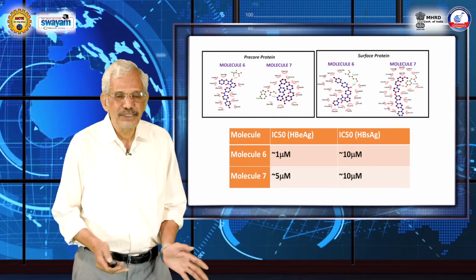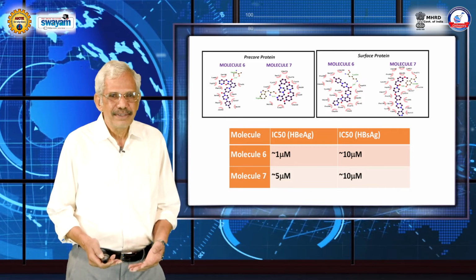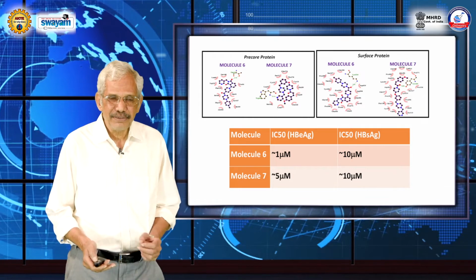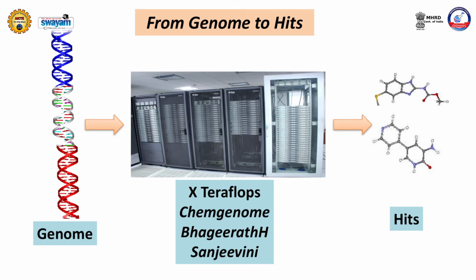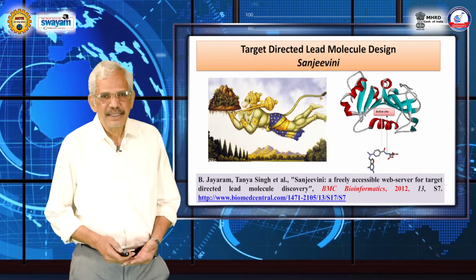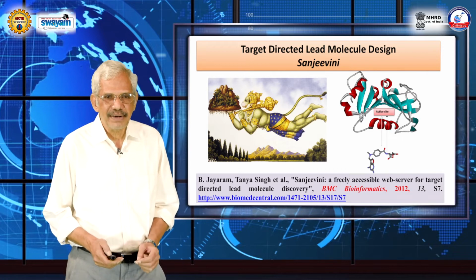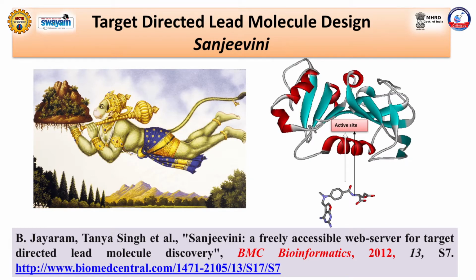So what I presented to you is a genome to drug pathway. As I said, this is a country path, and hopefully tomorrow this will be automated. The entire thing will be automated, provided you can fix that toxicity issue in this picture, right? So that's the methodology I presented to you, the genome to hit molecule methodology. Now I'll focus on the details of where chemistry plays a role in computer-aided drug discovery, or more specifically structure-based drug discovery. This Sanjeevani is an indigenous endeavor. It's an ongoing methodology started way back in 2000, and now it has matured to a stage where it has several success stories. I'll share a few of those success stories with you.